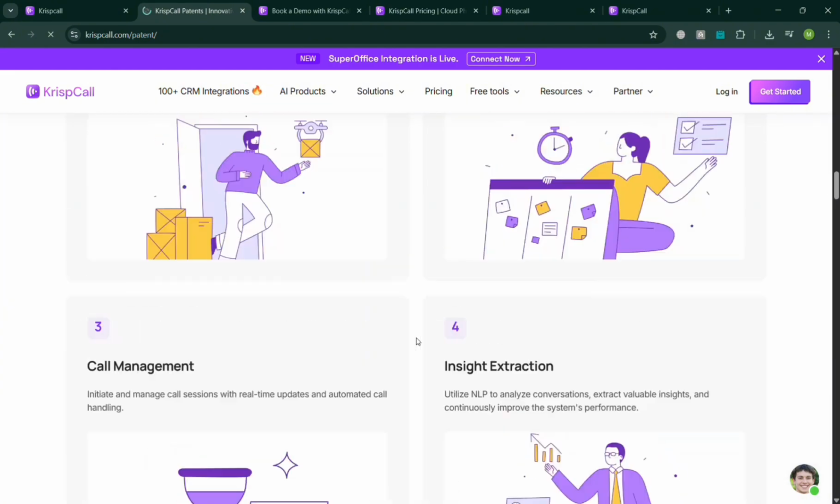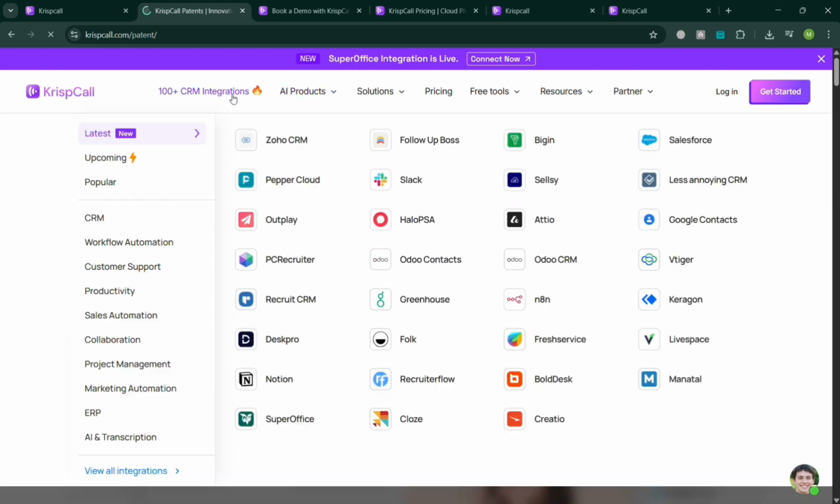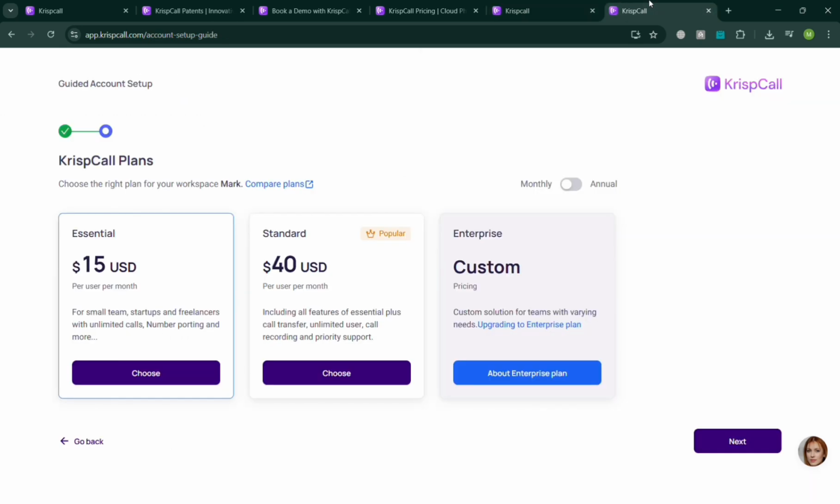Now, aside from those, using KrispCall is important because for businesses, it helps improve communication efficiency, customer management, and overall productivity. Here are also some of the applications that you can integrate with or log in or sign in to your account. But again, to use some of those features, you need to subscribe to any of the plans that they offer, including Essential, Standard, or